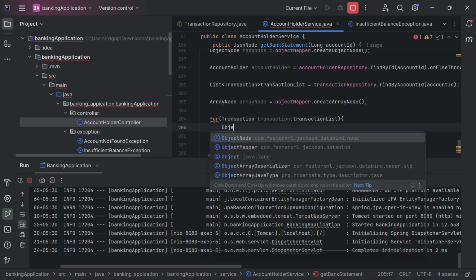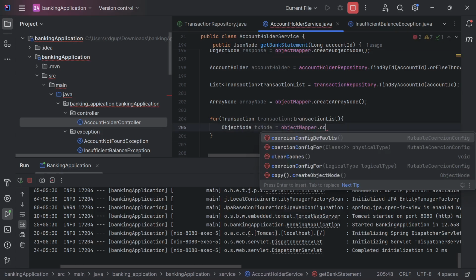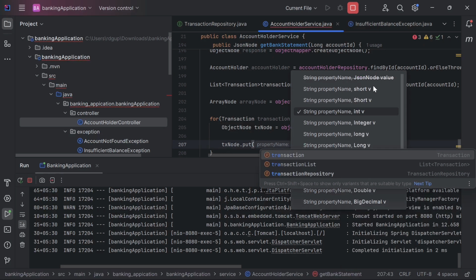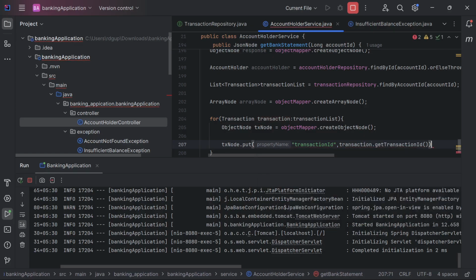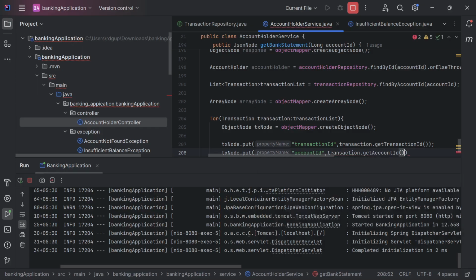We are going to create an object, tx node equal to dot create, and then we have to copy all the entities. tx node dot transaction ID, and transaction dot with transaction ID, and tx node dot with account ID, transaction dot with account ID,